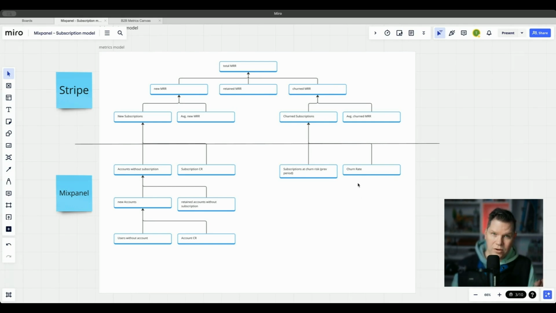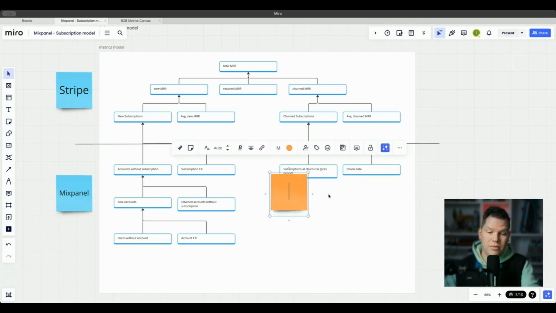Another benefit of this whole thing is where I want to end up: I want to enable teams to do things. For example, when we have an insight and we know, look, we have 1,000 accounts which are at risk to churn as subscriptions. We know from the data and the analysis that from these accounts we currently have a churn rate of, let's say, 7-8%. And we know that the average time to become an account at risk and to churn is around 2 to 2.5 months. With this information, we can go to the customer success team or the growth team